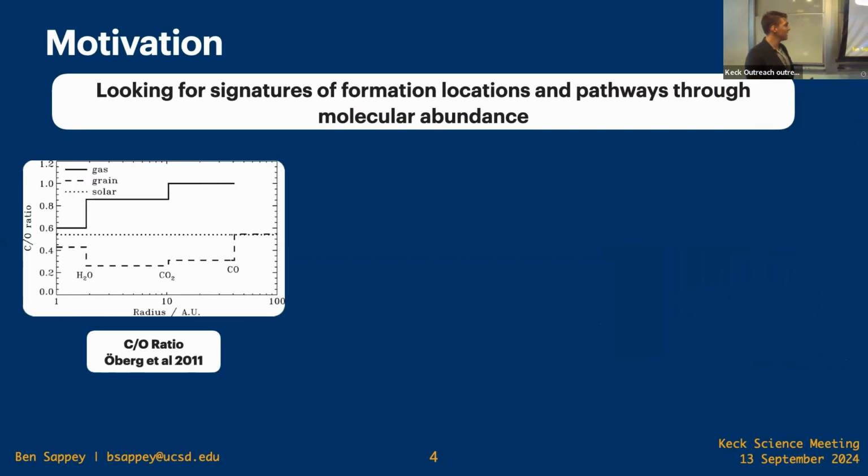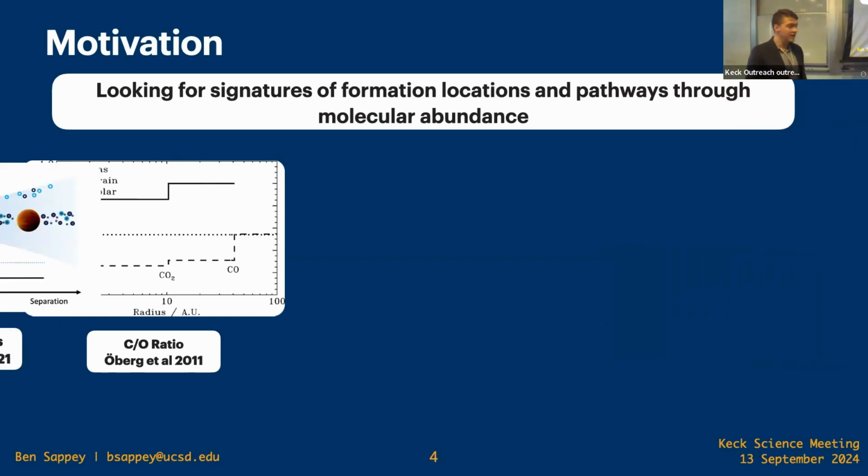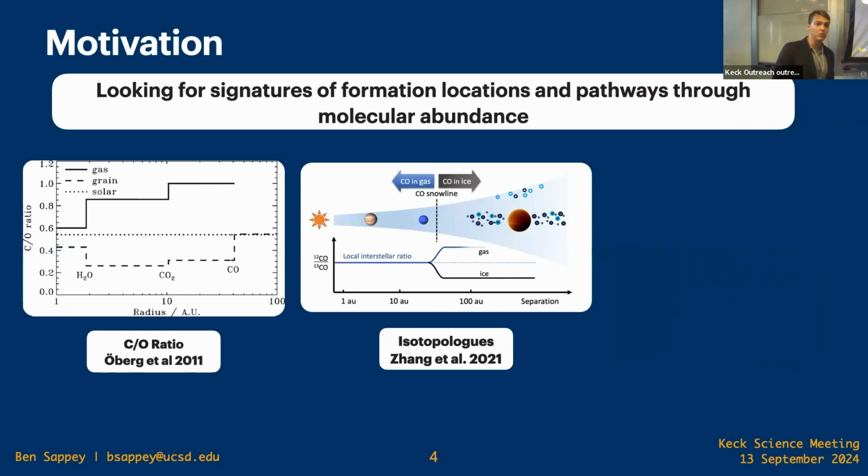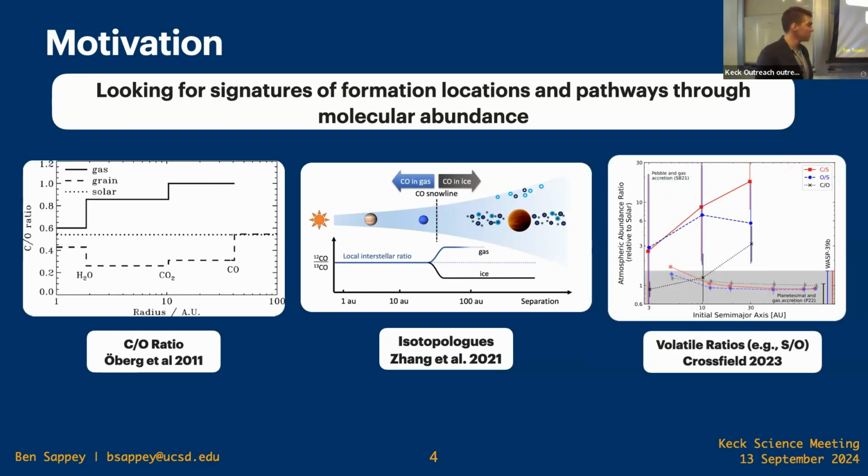We have thought for a long time that the C to O ratio might tell you something about where planets have formed. Isotopologues is another really cool option. An isotopologue is the ratio of two isotopes of an element. So say 12 carbon over 13 carbon with one extra neutron, or potentially a volatile ratio. So for example, sulfur to oxygen ratio. And so in each of these cases, you have something changing with orbital separation and abundances over time